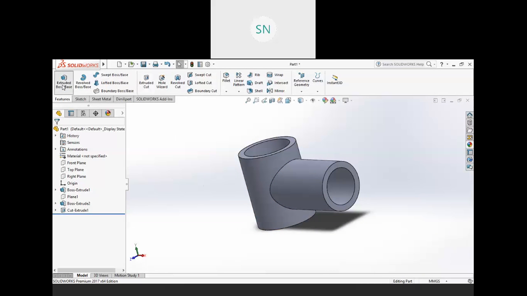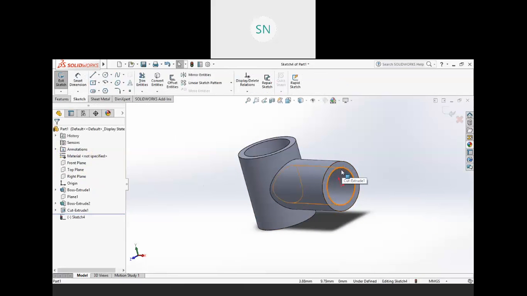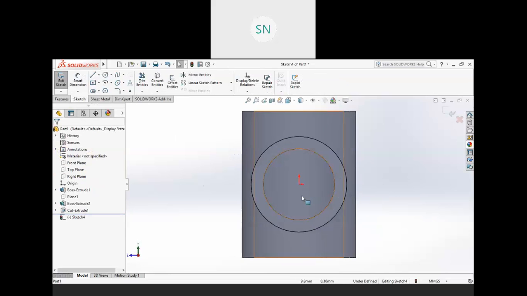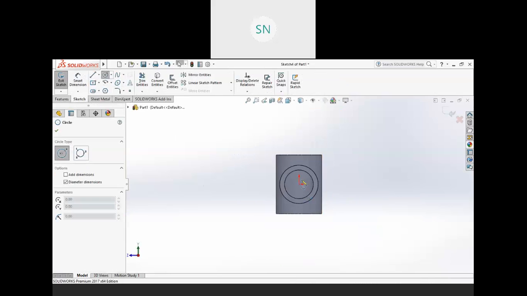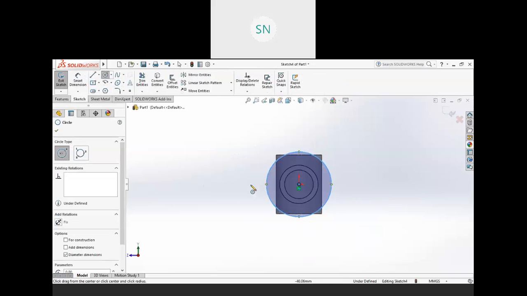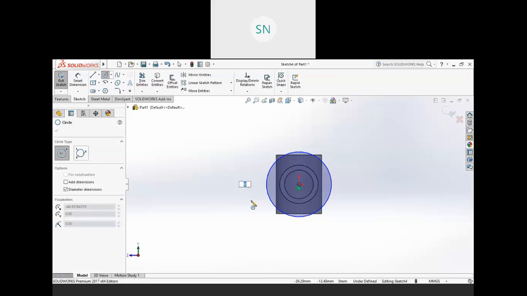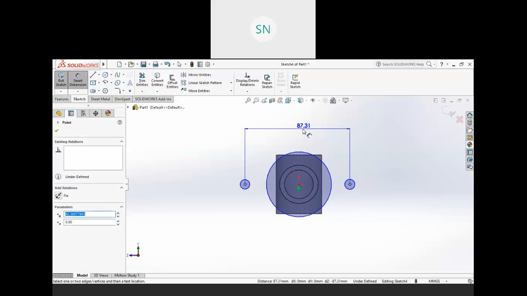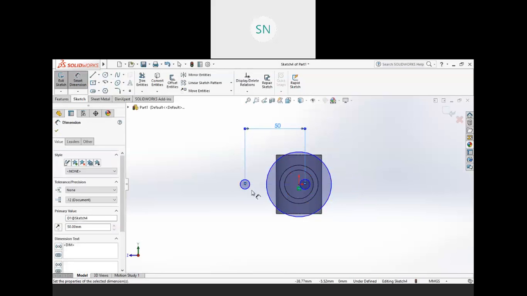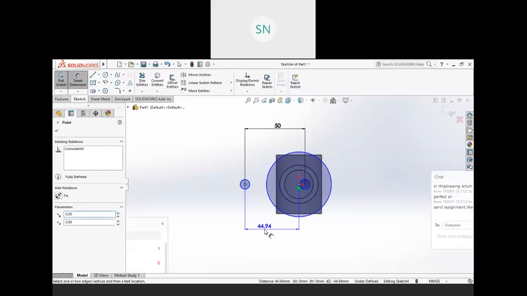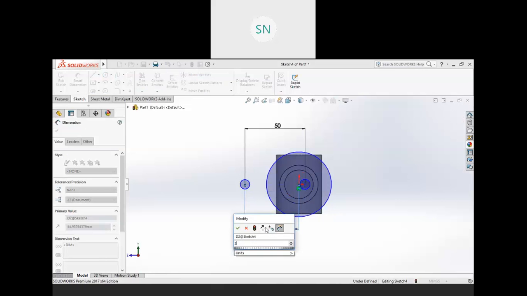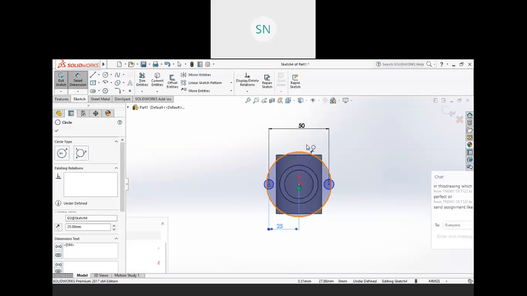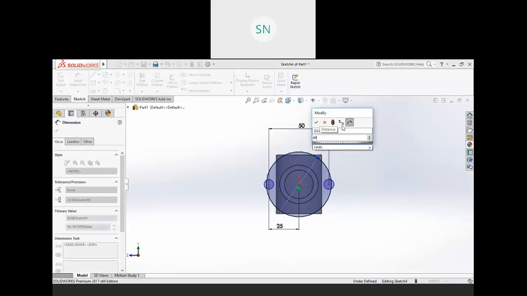Click on the extrusion on this face, Control 8, and here we have one bigger circle like this. A small circle should be over here of 8 diameter, one over here, and the dimension between these two is 50, and from here it's 25, and the diameter of this is 49.